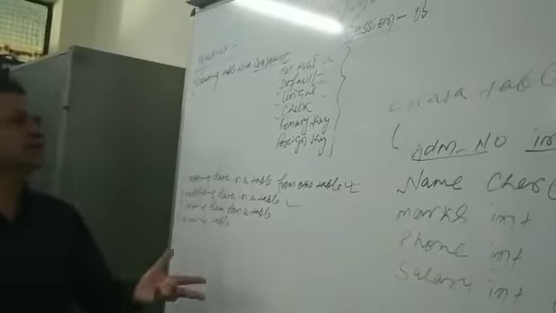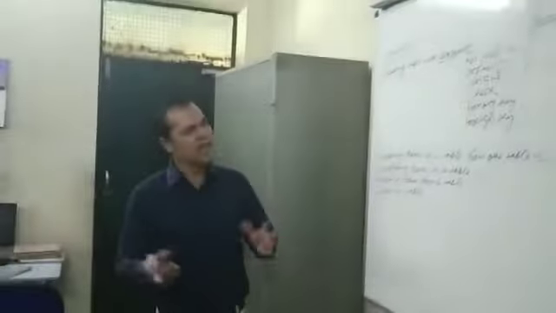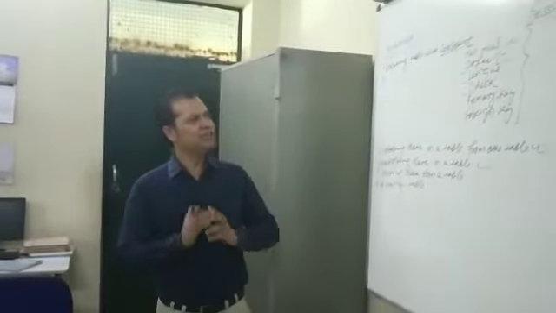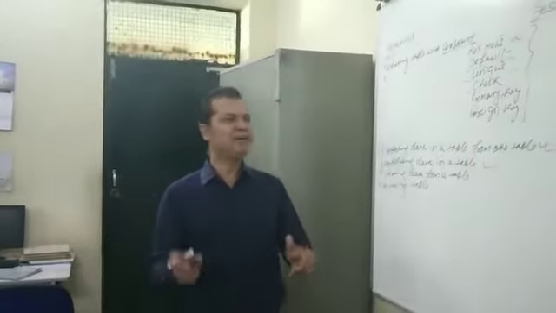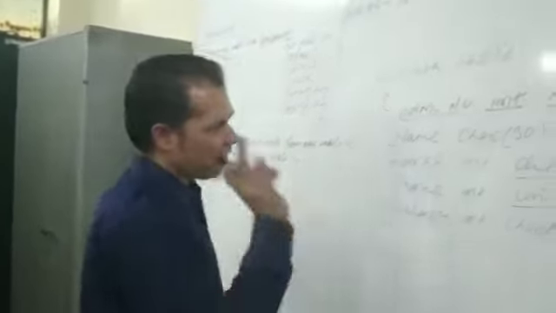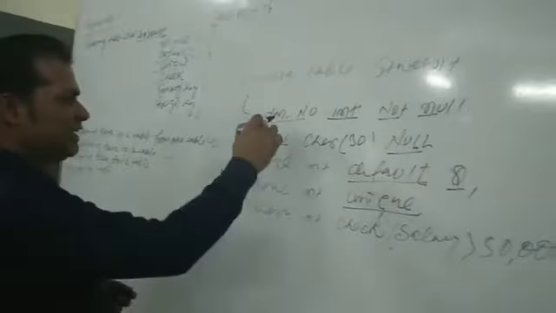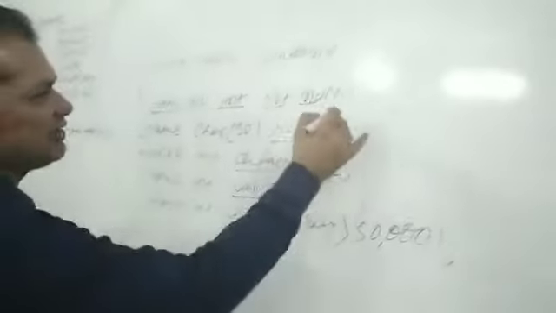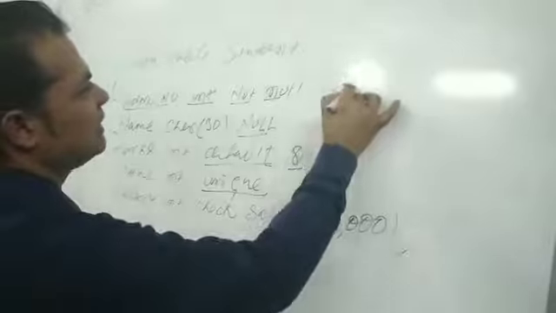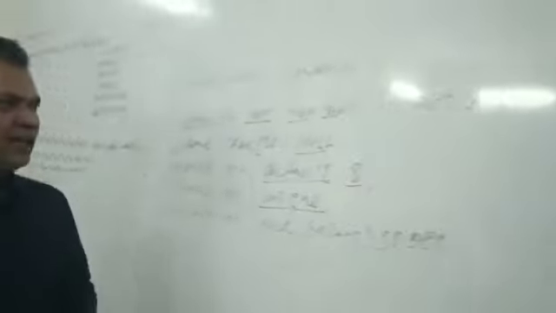Now next is primary key, which you all must be knowing. Primary key is one of the universal constraints that you always use, and it never allows you to enter a duplicate value or null value in that field. To create the primary key, for example, if I want admission number to be the primary key, after declaring the admission number as an int and not null, I simply write primary key and then a comma.